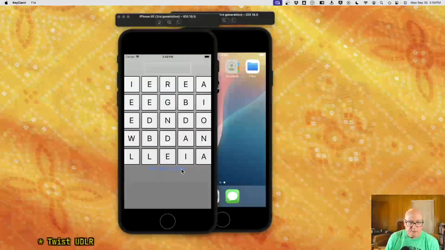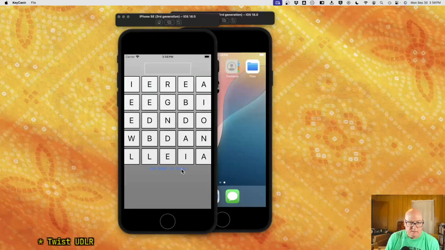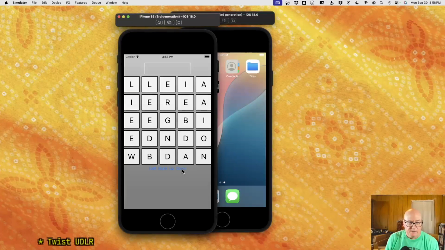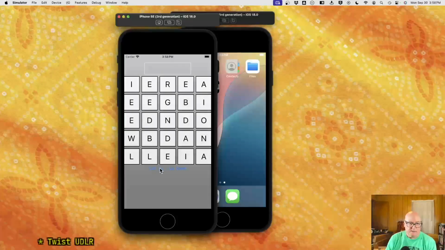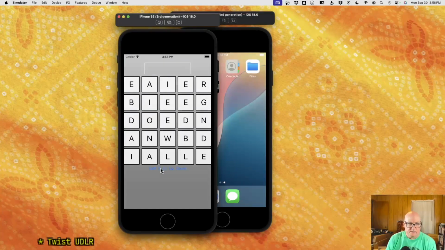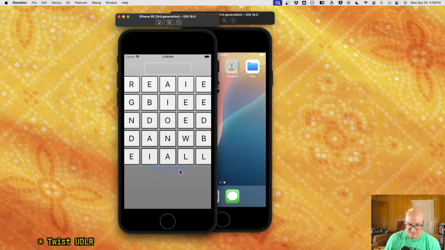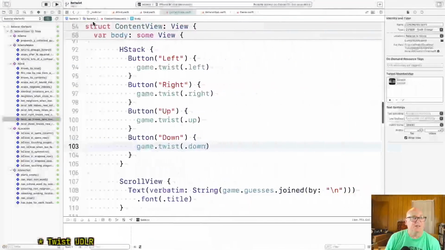Okay, so down should put Lalia up on top. Okay, now WB Dan up should undo that. Okay, right. Okay, I think we've done that feature. These buttons are pretty horrendous, but